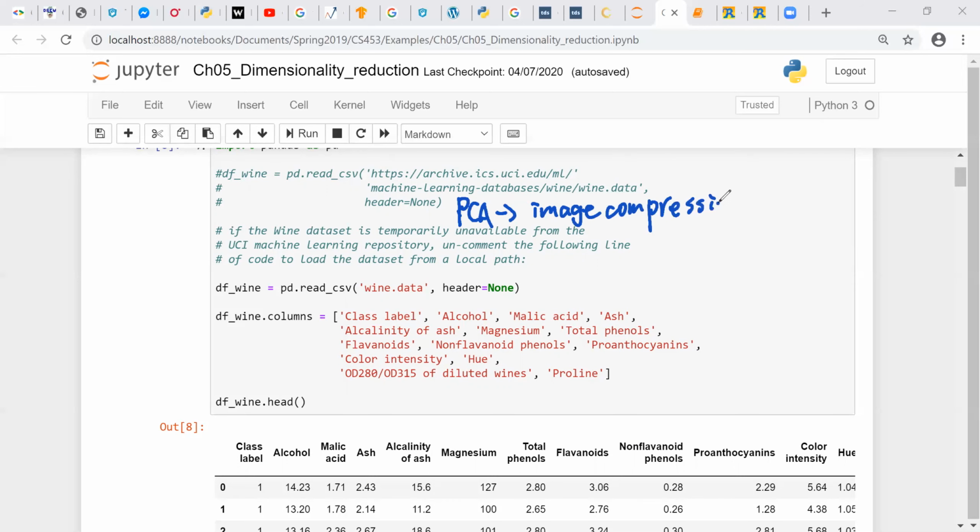Your image is still recognizable. It's just the quality changed, with low quality, but it's still recognizable. That's regarding that MNIST,